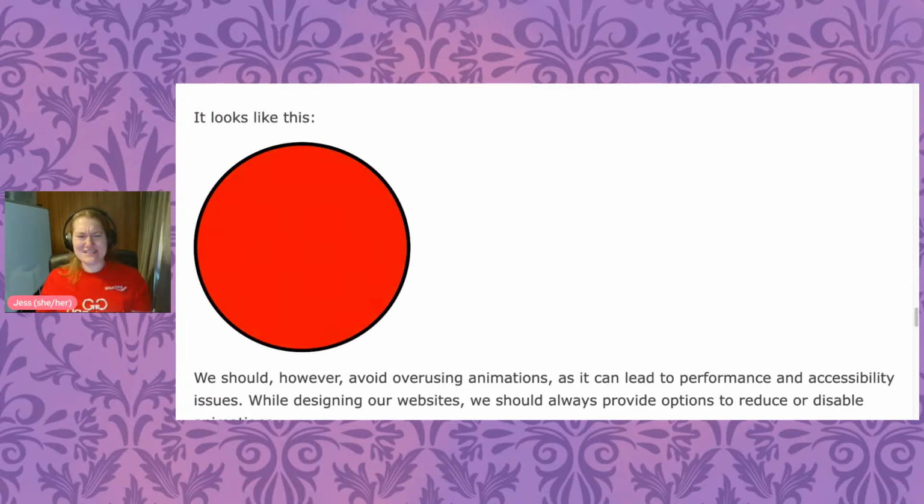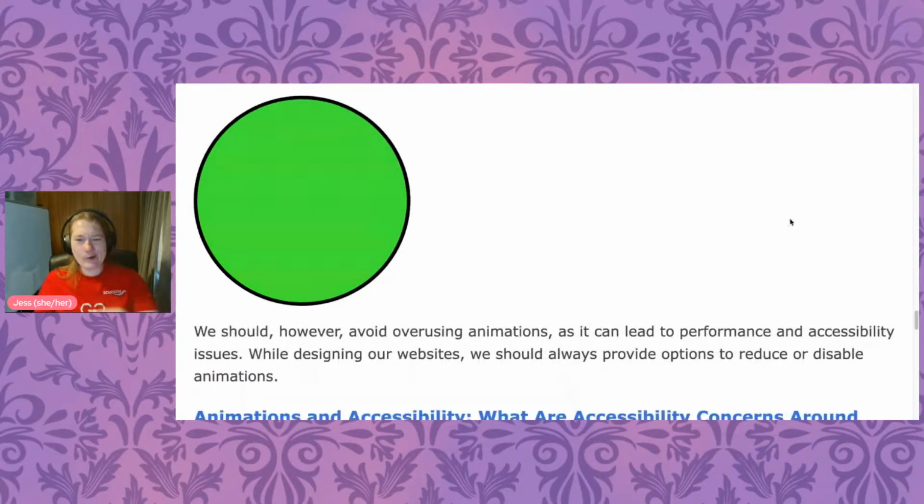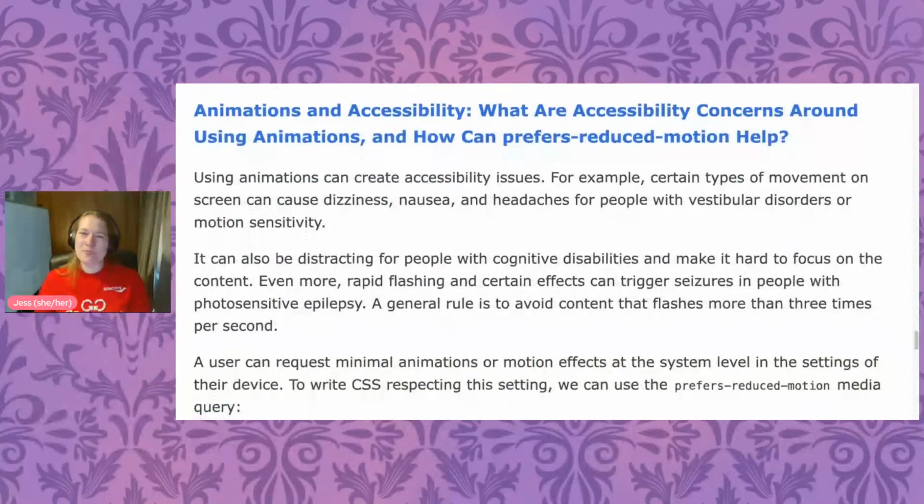I think this is delightful, but we don't want to use too many animations. It's performance demanding and it's not super duper accessible. So let's talk about accessibility in that. Like any decisions we make when we're building stuff for the web, we need to think really critically about the impact on accessibility. When we're using animations, it is super cool. It is really fun. But